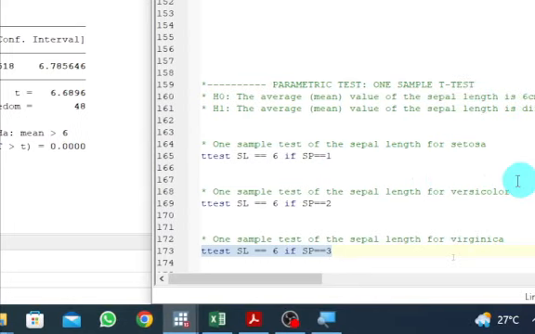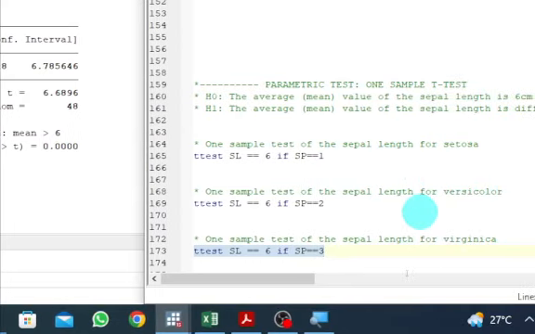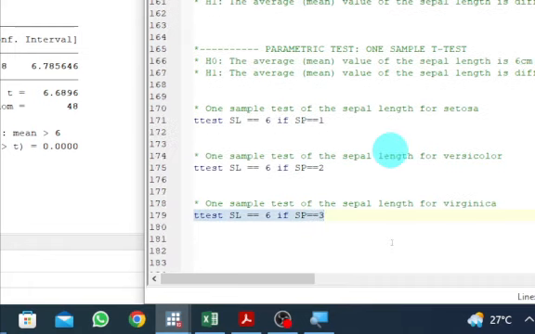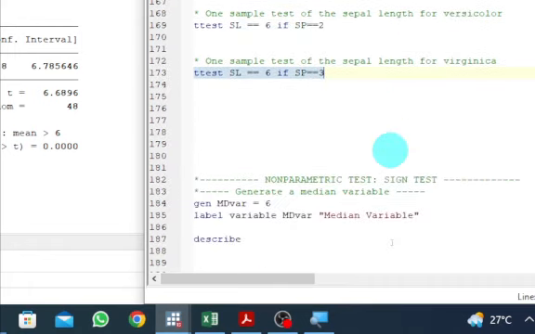Now, suppose the assumption that we check for normality failed for the distribution. Then it means that you are going to resort to the non-parametric test and make use of the quantile or the sign test. Okay, so assuming the assumption failed, then we are going to proceed to the non-parametric test. So let's scroll down. Now, with a non-parametric test, one thing that we have to note is that it is